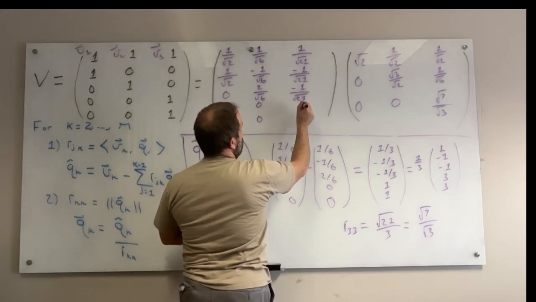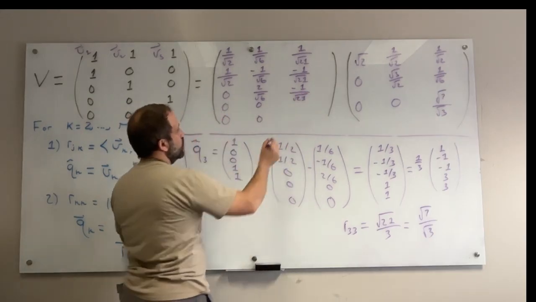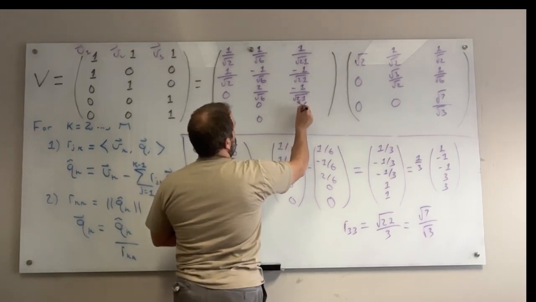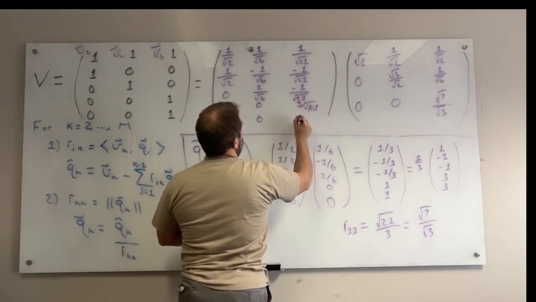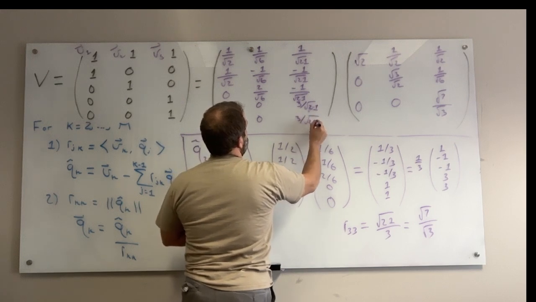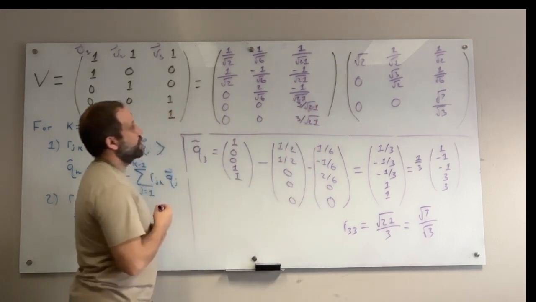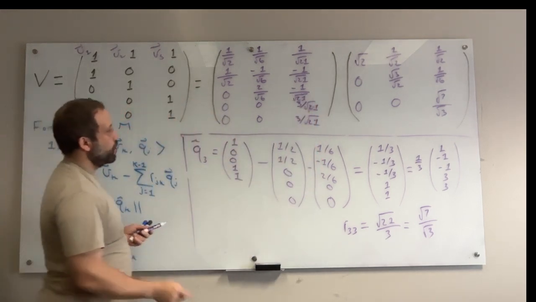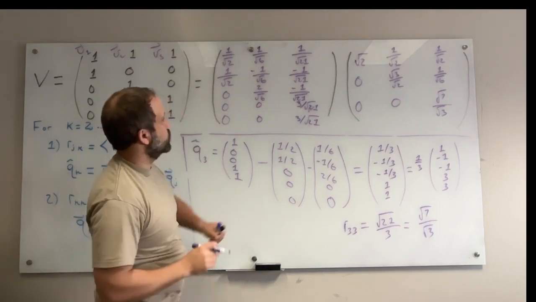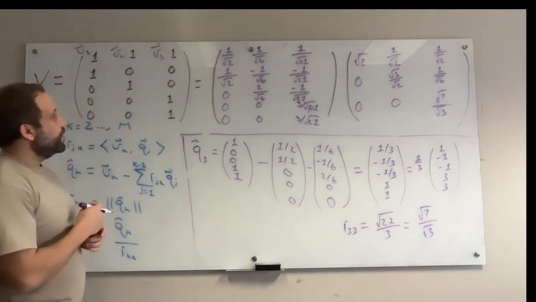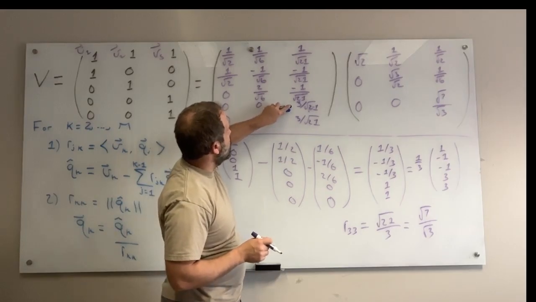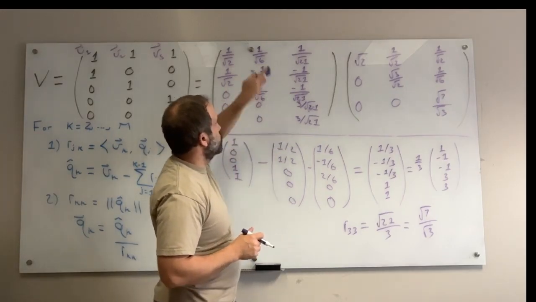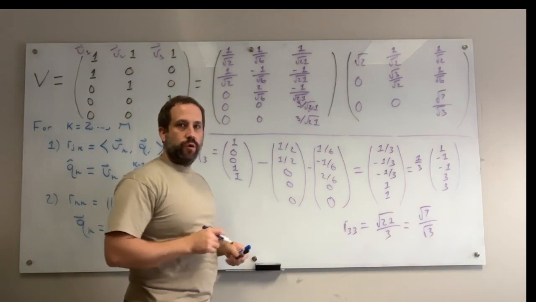And then we're going to have 3. Sorry, I'm going to sort of write it like this now. Over the square root of 21, and we're going to have 3 over the square root of 21. And I'm not going to simplify those last two. I'm going to keep it all having the square root of 21. Okay, and you can sort of verify that the magnitude of this vector is going to be 9 plus 9, 18, 19, 20, 21. The square root of 21 divided by the square root of 21 is 1, so